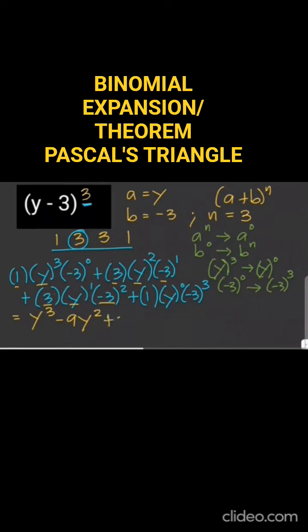So this is positive 27y, and then 1 times y to the 0, which is equal to